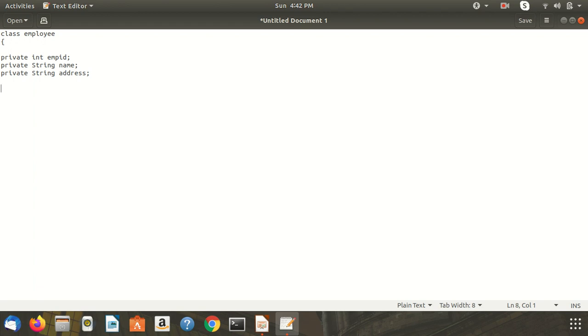Now we specify the method with the public specifier, public input. Emp id equal to 100, the name equal to, and the address.